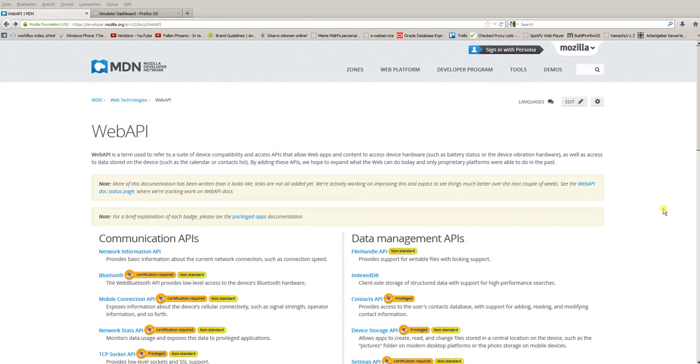Part 8 of Firefox OS programming. In this part I'll introduce you to the web API of Firefox OS, or the web APIs. And first let's take a look at the following website: